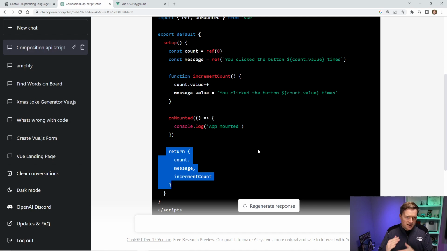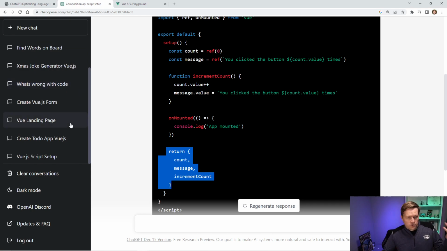And that's kind of the theme I'm seeing while using ChatGPT, as someone that knows Vue pretty well. And I'm sure if you use this with React and other frameworks, you might see this. It's good, but it needs a little help. So if you're using this particularly just to learn Vue, I'd say you need to supplement this with other resources. So I went through a few other scenarios to see how well it did.